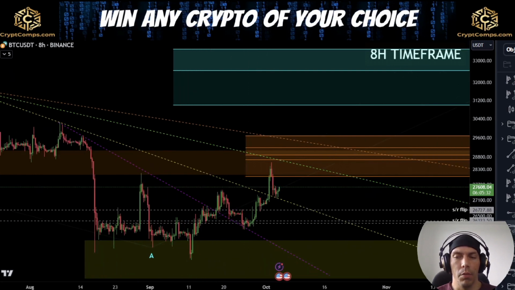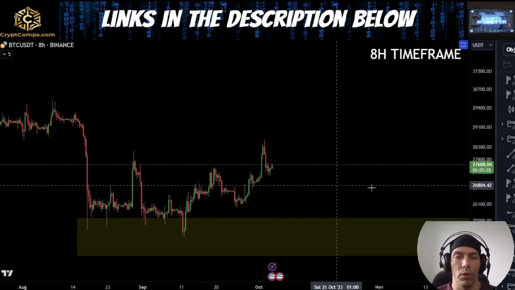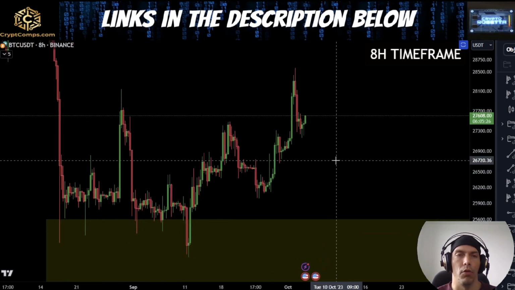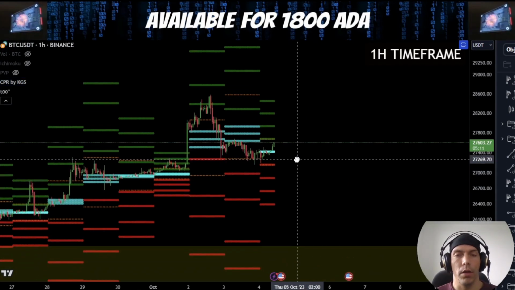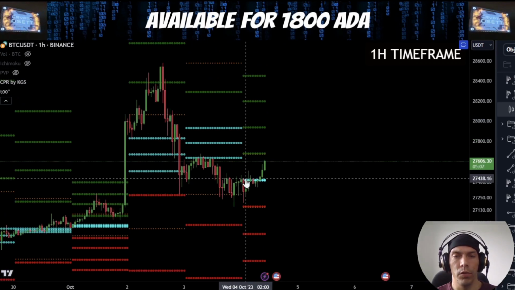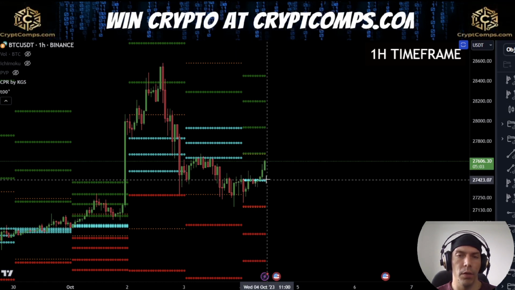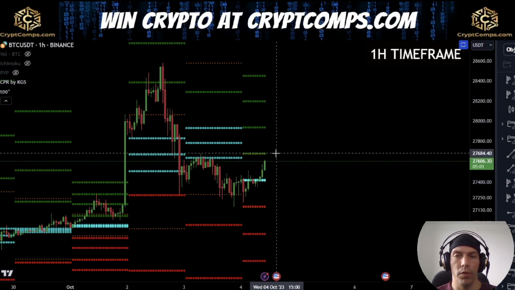I want to see some of these targets getting hit if we're going to look for bullish price action, but we can't ignore that potential for the bearish price action either. Coming in here and having a look at the daily CPR lines, what we can see is that we've printed lower lines. These are also indicating volatility because the lines are very tightly spread. We have found support above these, and we do have the potential to test this